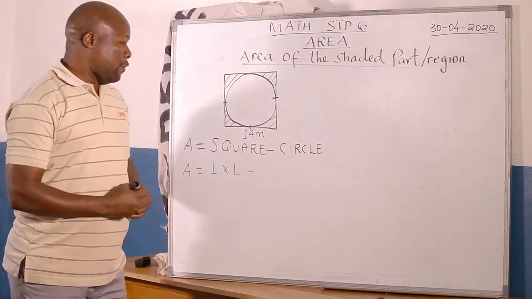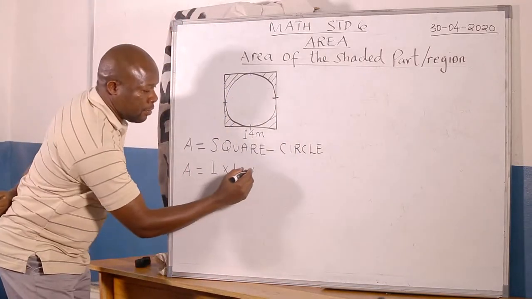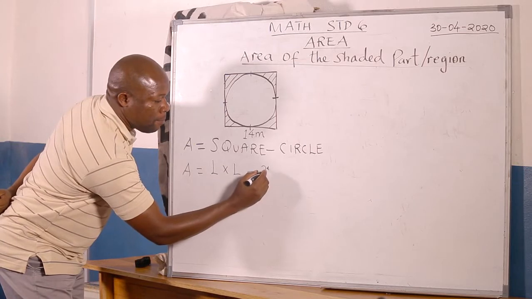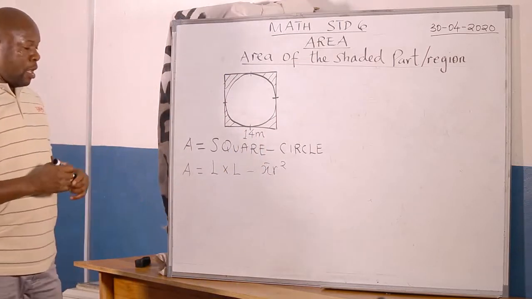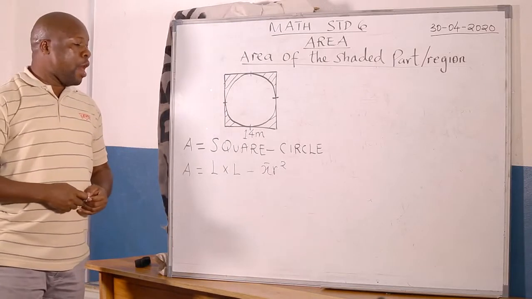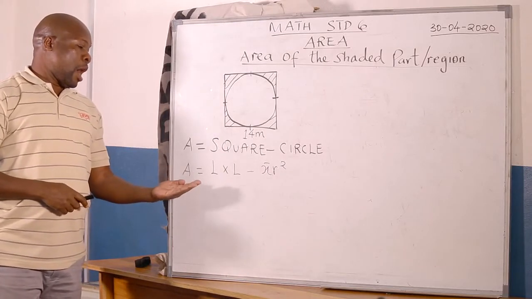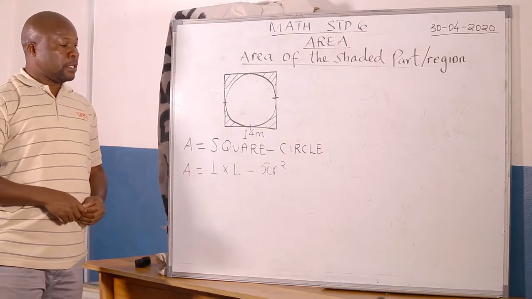The area of a circle is taken by the formula pi r squared. Now, after you have outlined your formulas of